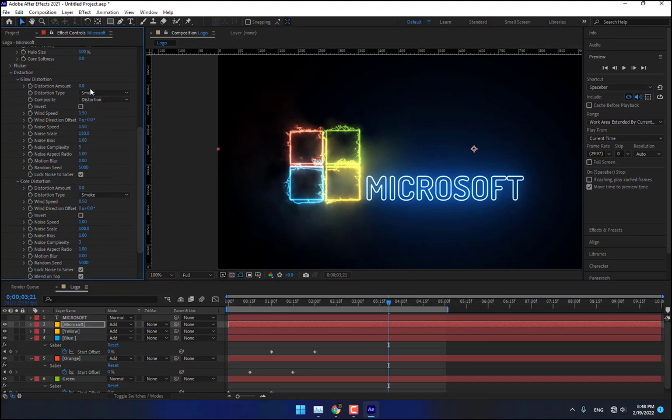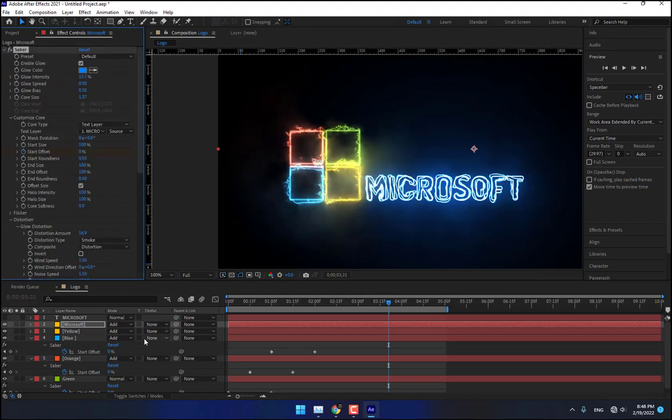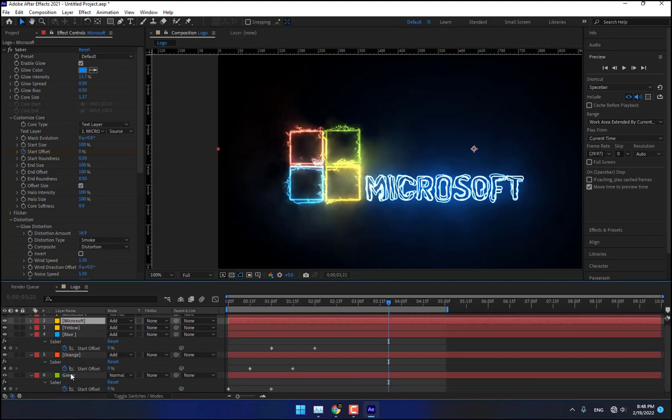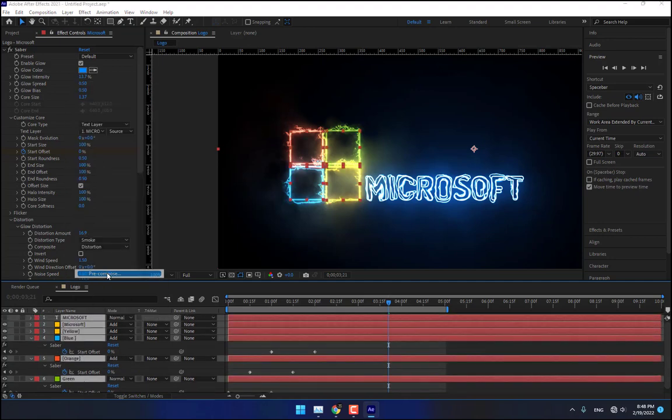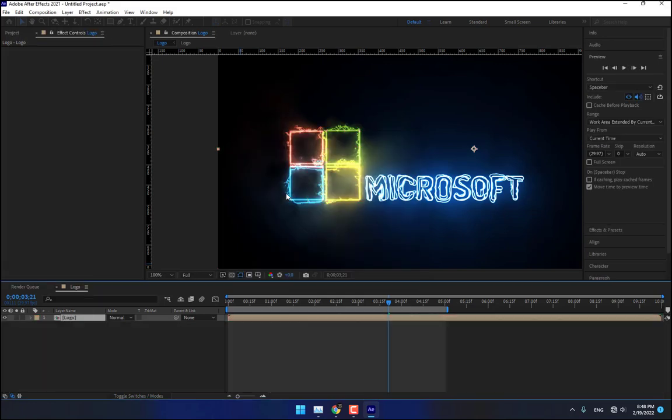and go to core and core distortion like this. This is about energy, speeds, directions. This is noise speed, and there is about scale, and there is noise bias. Okay, select all of them, the all layers, and right click pre-compose, name it logo, and select the logo, Ctrl D